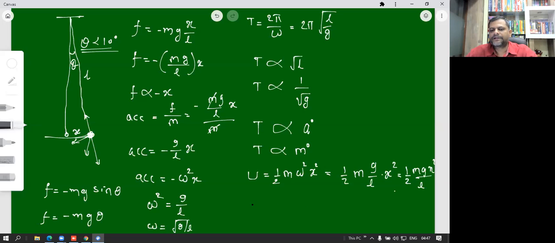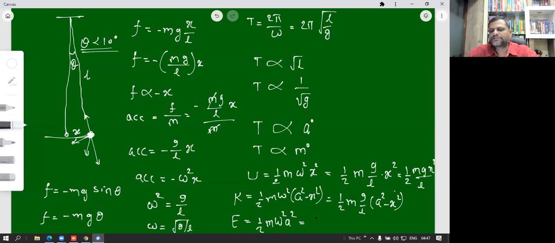And at the same time, the kinetic energy can also be found out by using a similar formula, that is K is equal to half of m omega square into a square minus x square, where omega square can be again replaced by g by L here. तो याद रखो ठीक से, पेंडुलम के लिए omega square g by L होता है, तो उसकी वजह से यहाँ पे half m g by L into a square minus x square. And at the same time the total energy can also be written to be equal to half of m omega square into a square, where omega square can again be replaced by g by L, and hence we get half m g by L into a square as a final, correct है।